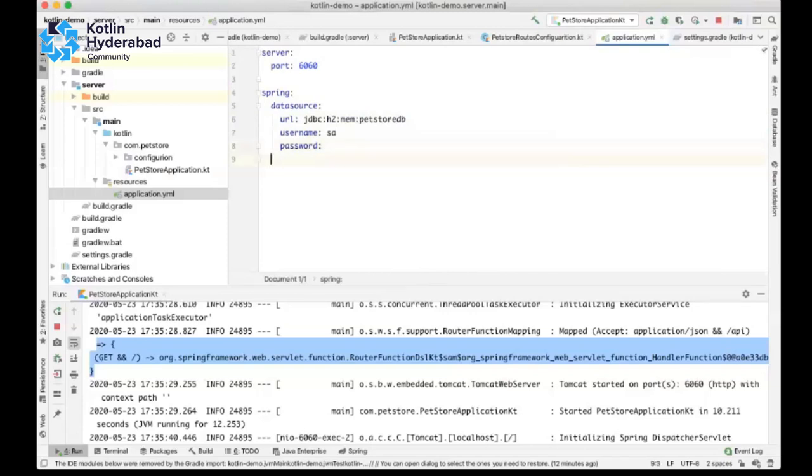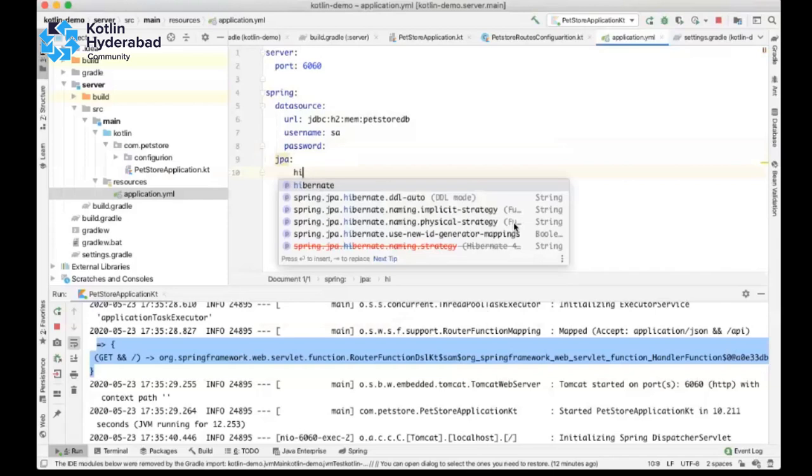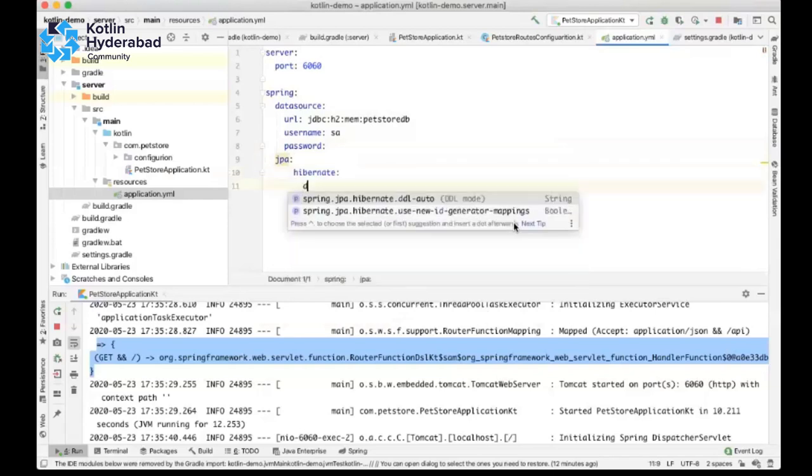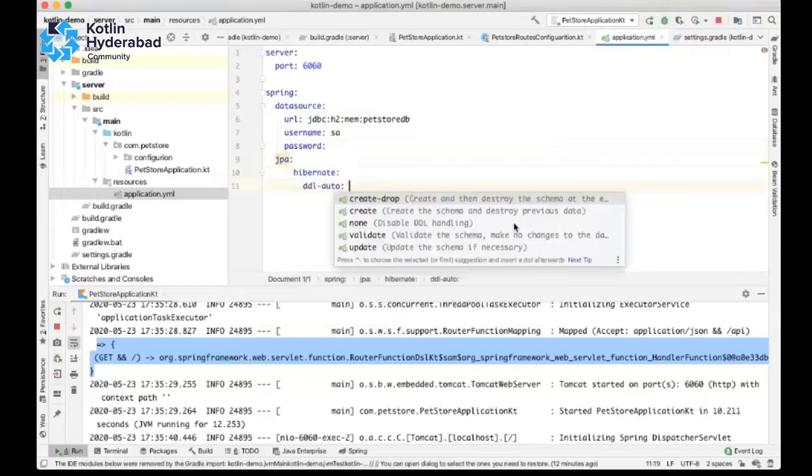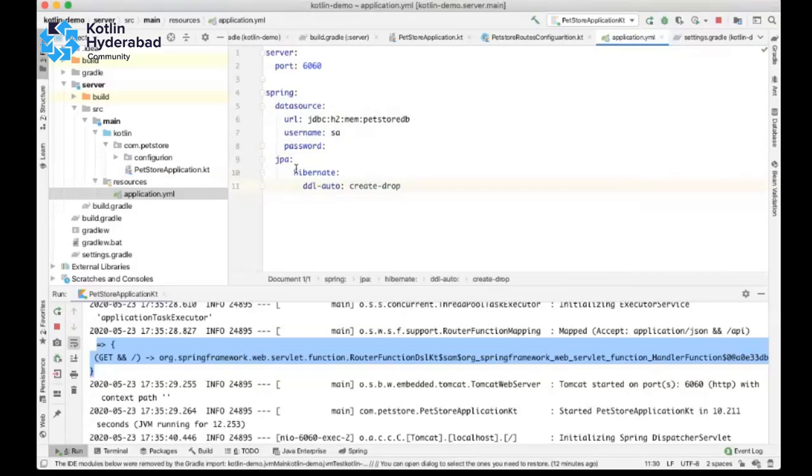Next, some other things. I'll keep it as create-drop for now.